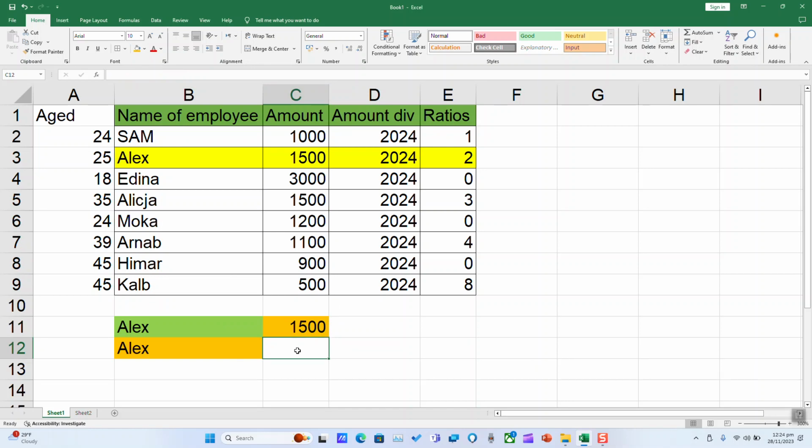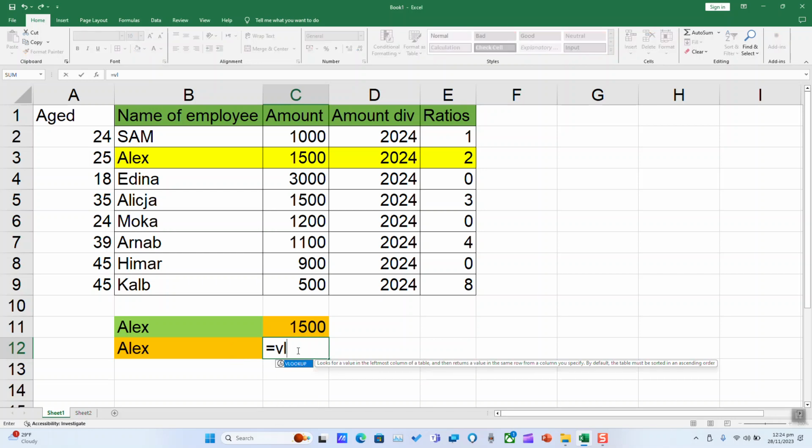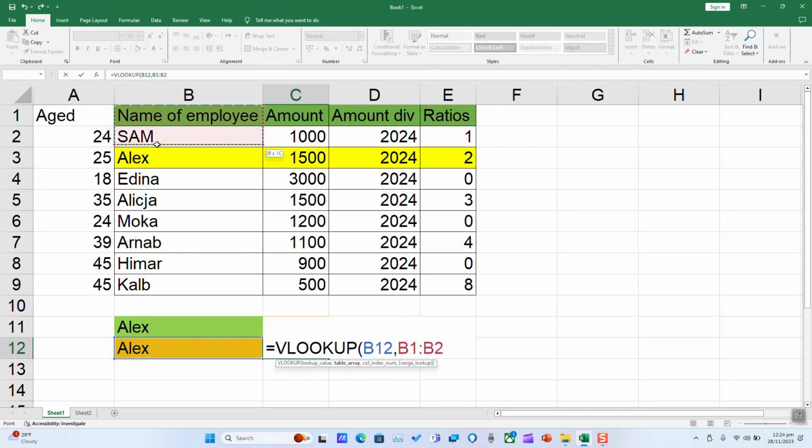Another example, here in the second one, we will be doing a wider or bigger range of selection. So equal VLOOKUP and select name Alex. That's what we want to look for, comma. Where we want to look for it, we want to start looking from name, and we want the last value in ratio,